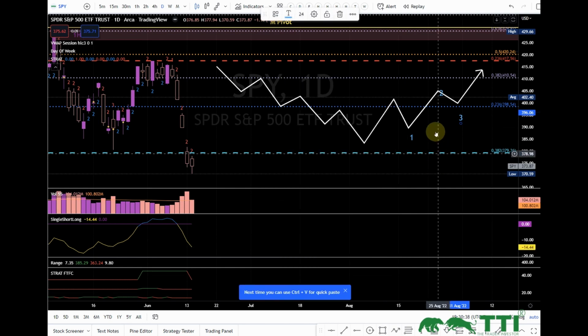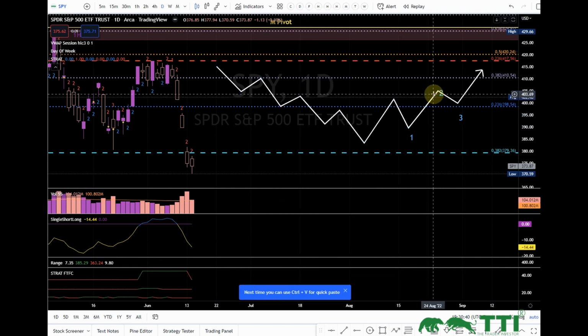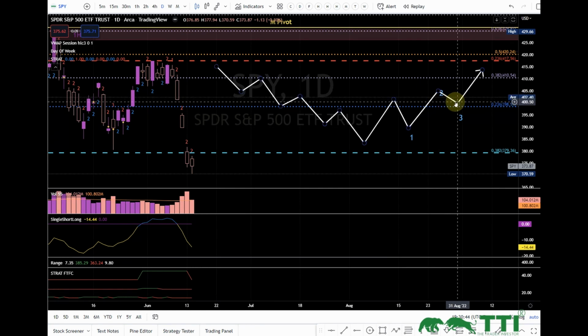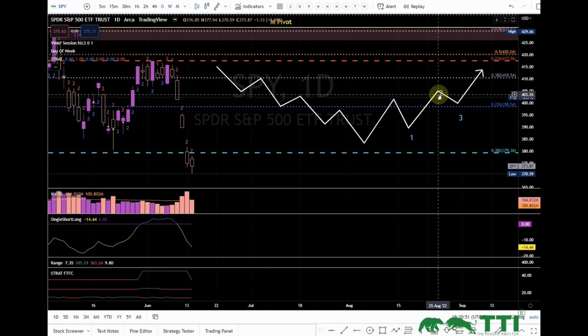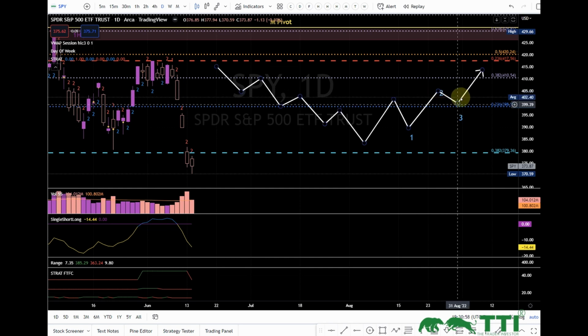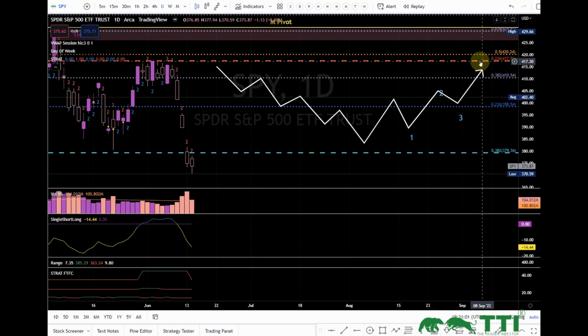The reason why I say I don't chase is if you enter right before it makes a two and then it pulls back, you're going to panic. What if it pulls back very deep? So that's why you wait for confirmation. We'll talk about the real confirmations later. What makes you believe that this is the end of the pullback